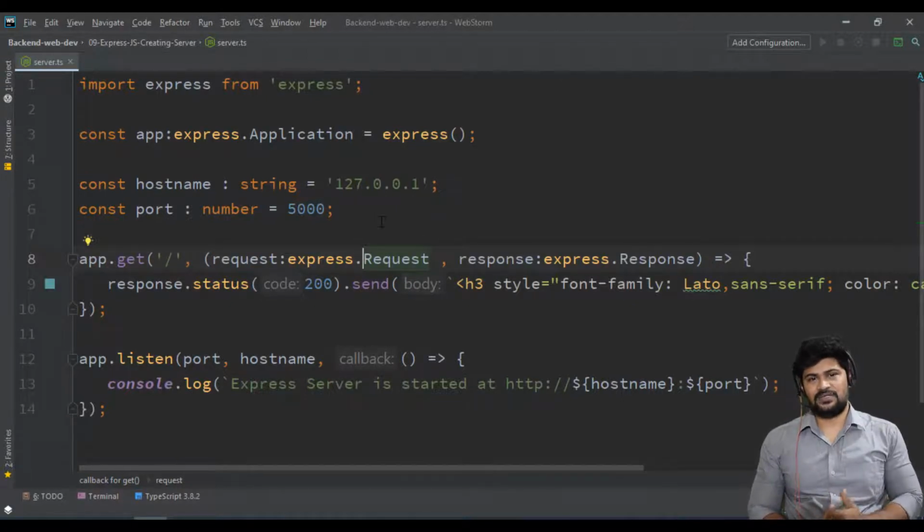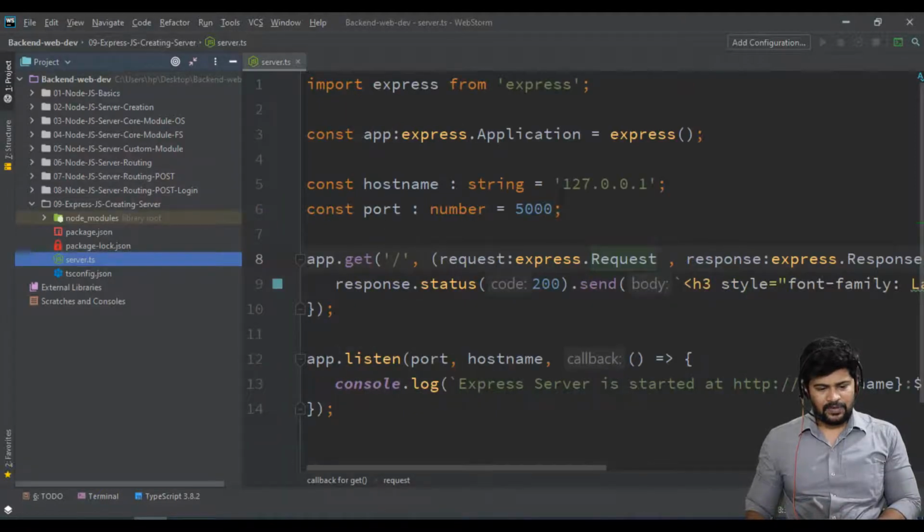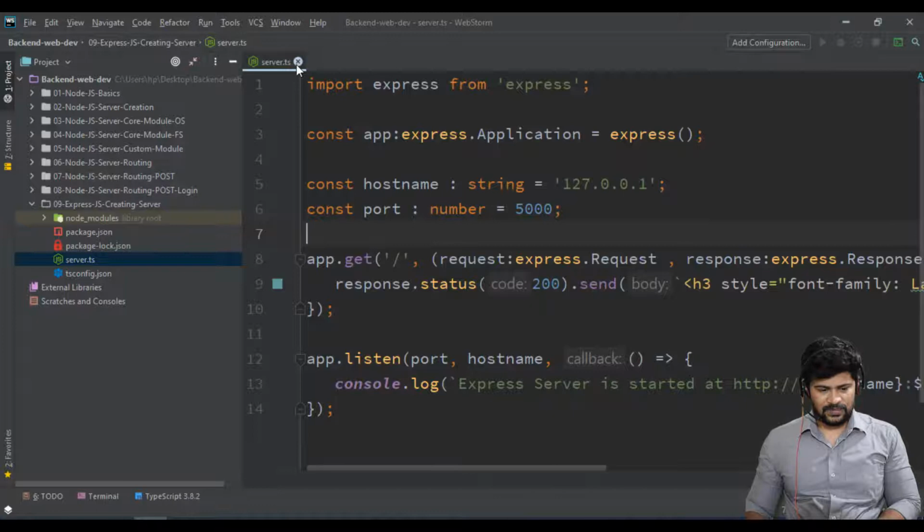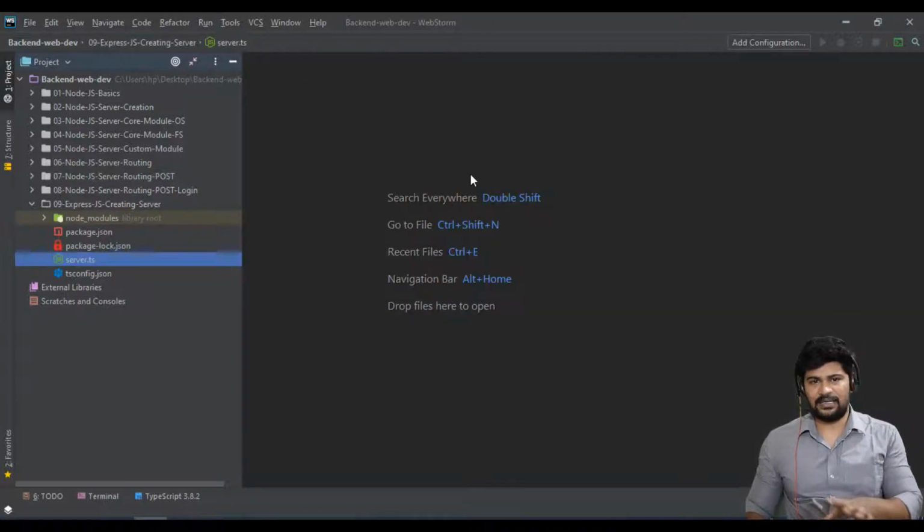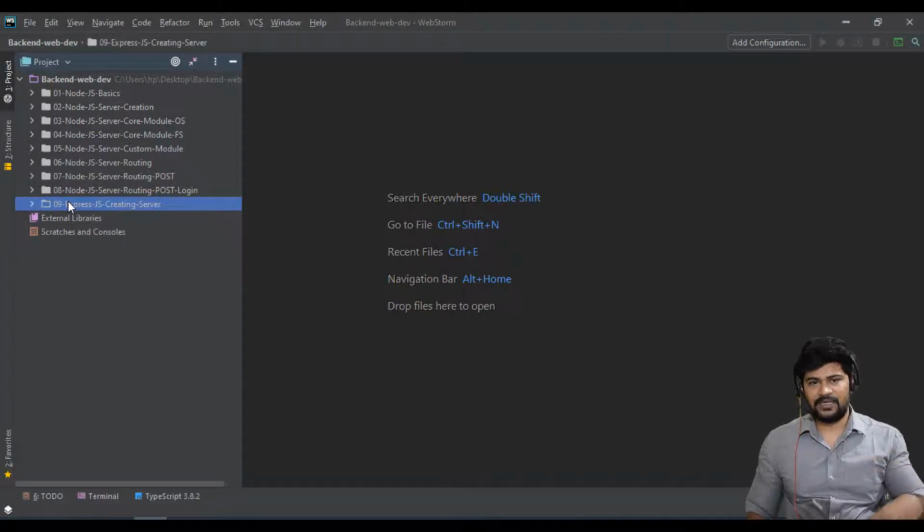Last video we discussed how to create the Express server, and in this video let's understand how to make routing with Express.js. I don't want to mess up this code, I just want to keep it as startup code. I'll copy the same program, because same module, same server, same command, everything is the same, same kind of configuration, but I want to add routing logic.